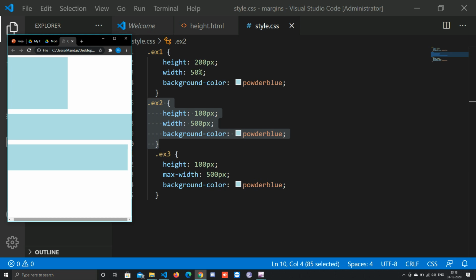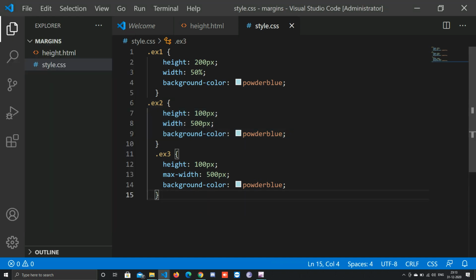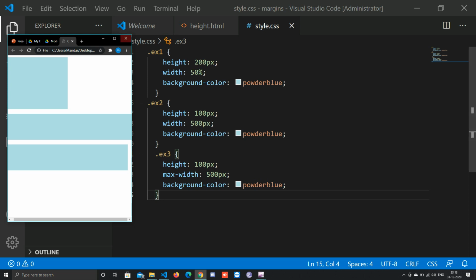The value of the max width property overrides width. So for the last division over here, I have used max width property and the value is 500 pixels and the height is 100 pixels like the previous example. So on the browser you will see that even when I reduce the size of the screen,